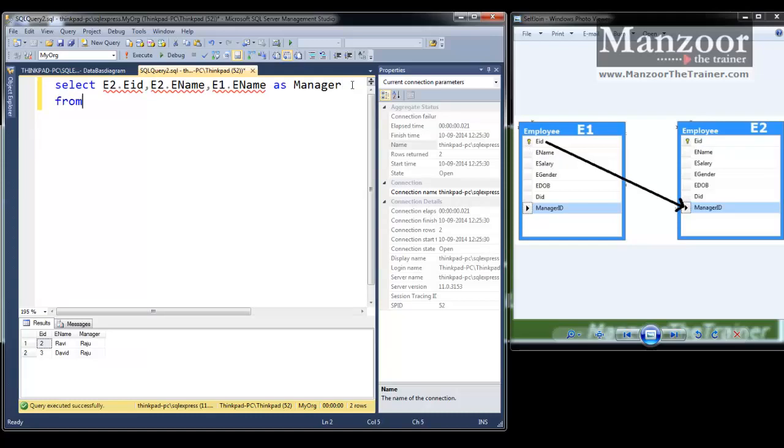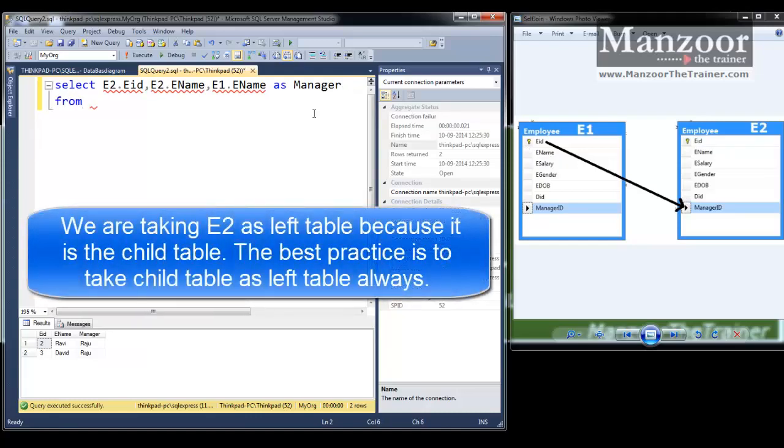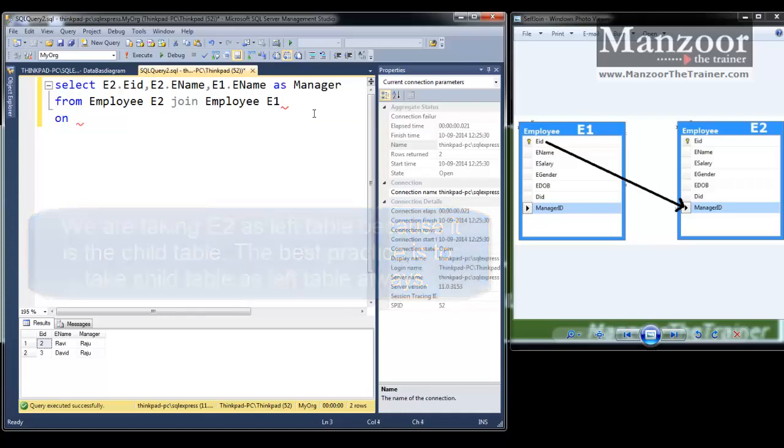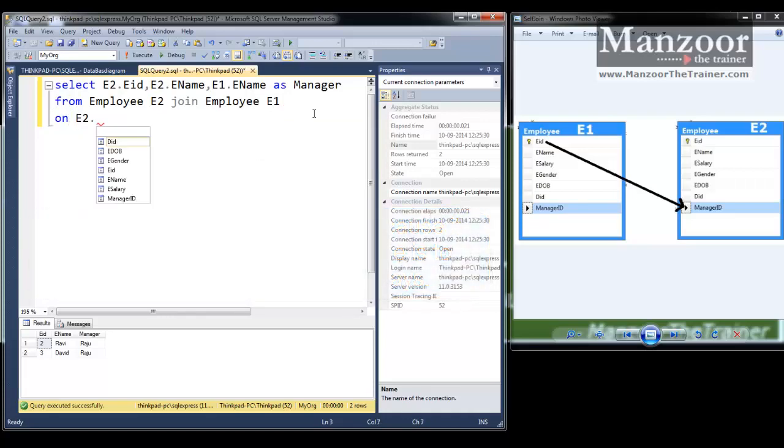From the left table, so I'll go for employee E2, join employee E1 on E2 dot manager ID equals E1 dot employee ID. Now before I go for this, let me say select star from